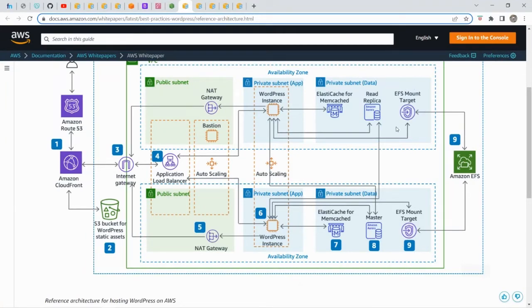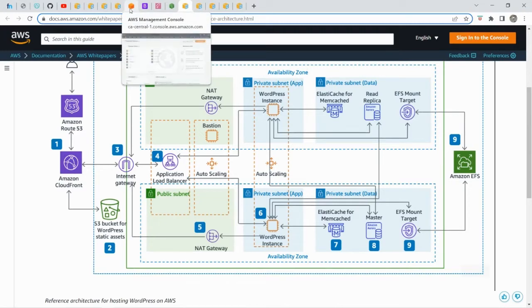The dynamic content, such as posts and pages, could be saved in the database. The static content, such as images and videos, could be stored in an S3 bucket. So today we are going to talk about how to mount EFS to multiple instances, so that it could be shared everywhere. So let's go into